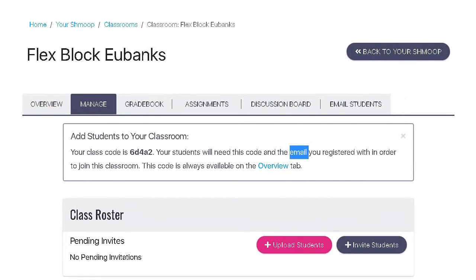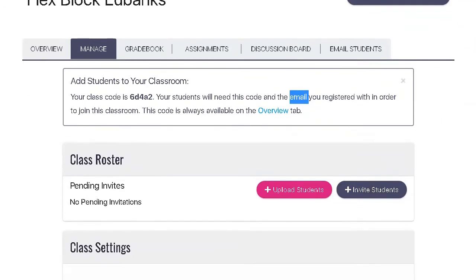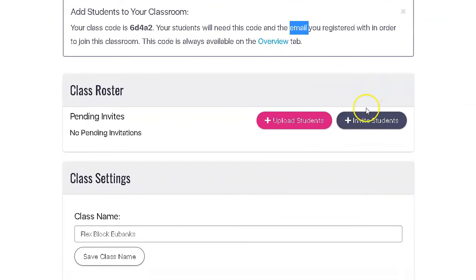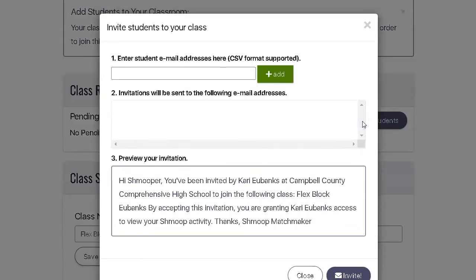Once they go to join your class, they will be able to do so quite seamlessly. Otherwise, you're going to have to come over here, and you don't want to upload a CSV. That's difficult. You can invite students this way. If you want to enter the emails one at a time, then you can click Add, and it will add